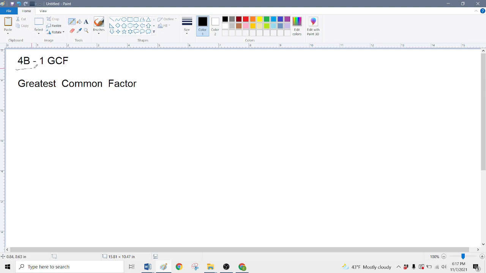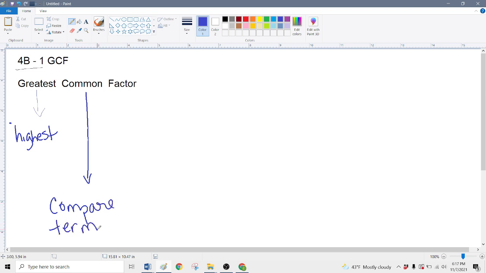In 4B Part 1, we start talking about the GCF, and GCF stands for Greatest Common Factor. And when we're using that term greatest, when we're talking about the GCF, we're talking about the highest number. Common means that we're comparing two different terms, and we're looking at factors that are the same between the two